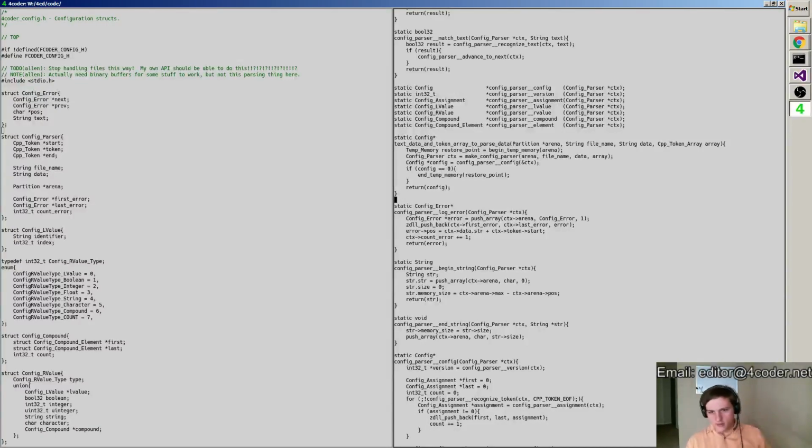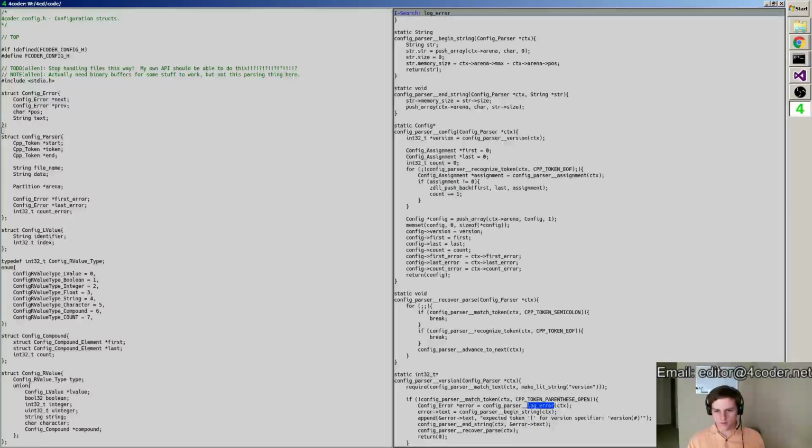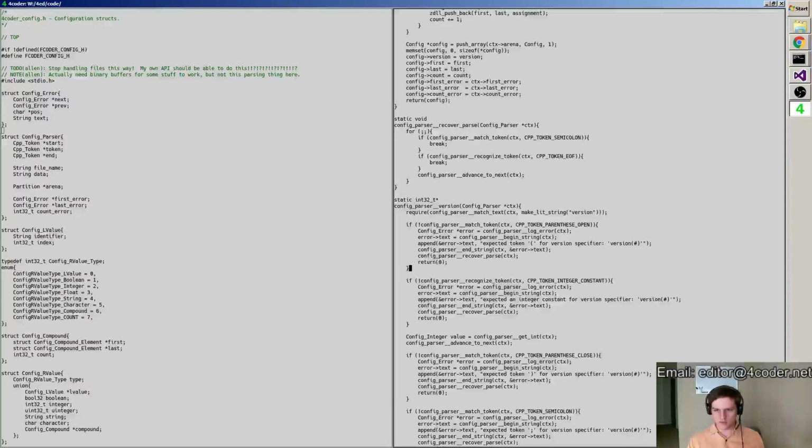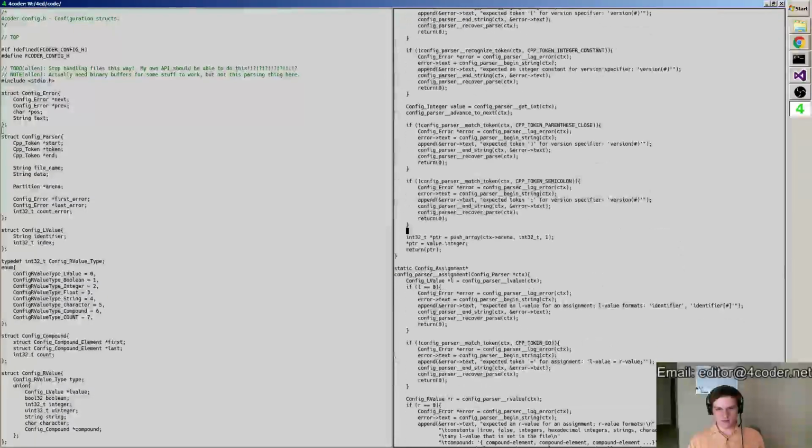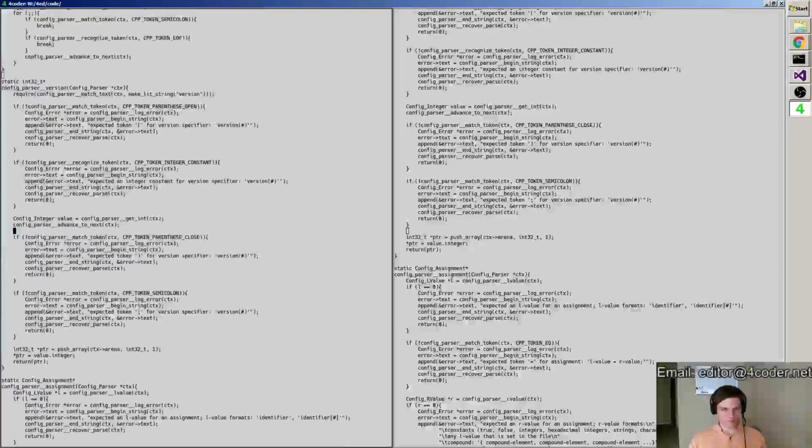So that logs an error right where we are. And as long as we log those errors before we recover the parse, everything is fine. Now, another thing is that this pattern here of lines is super duplicated.